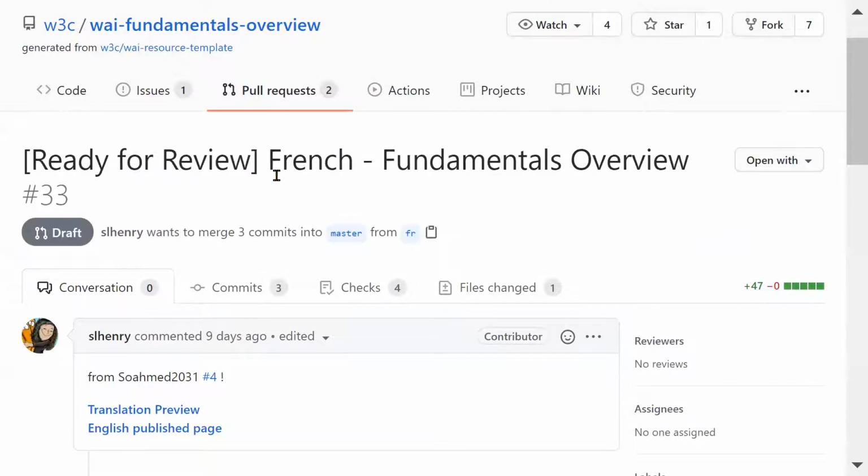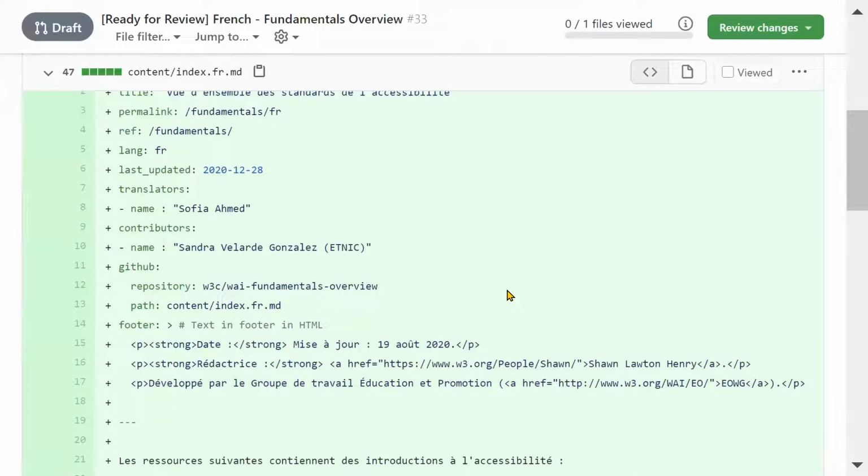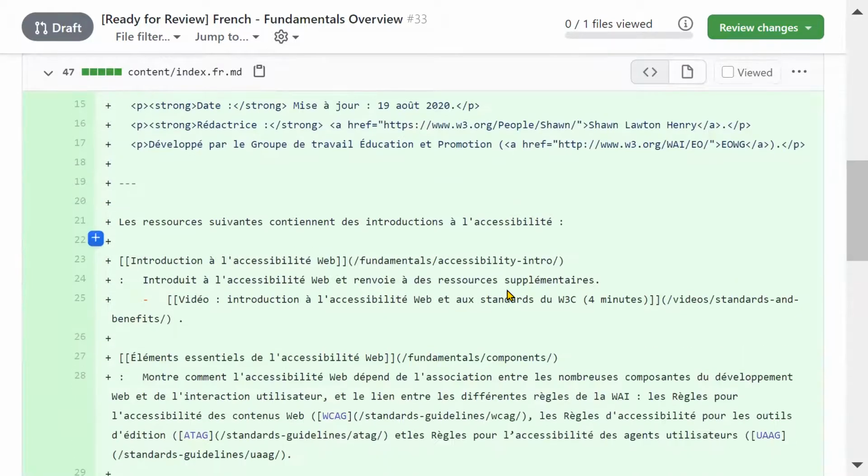So I'll show you how to do that. Back to the pull request, the last tab is files changed. If you select that tab, you'll get the actual markdown code for this translation. And you can just look through until you find the phrase that you want to comment on. You can select multiple lines to comment, or you can just comment on one line.